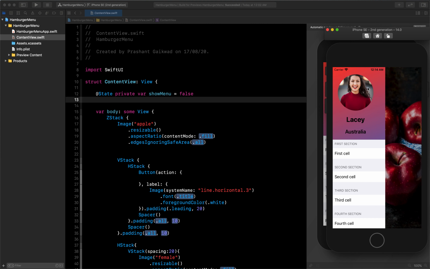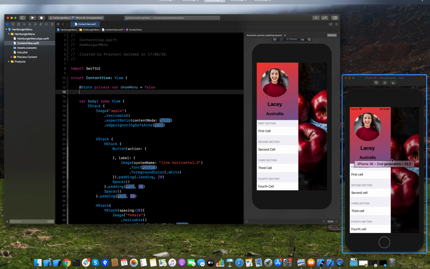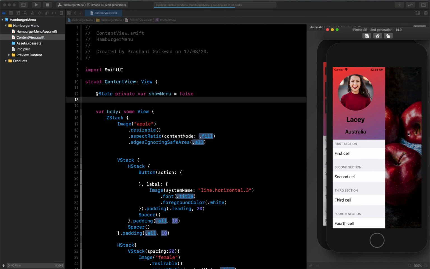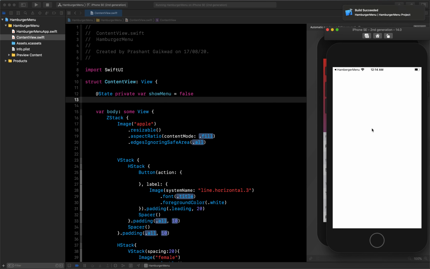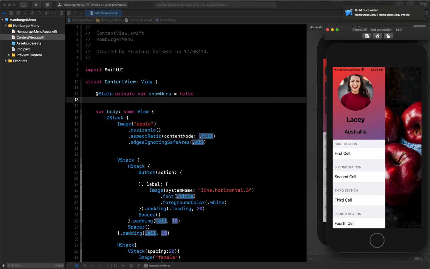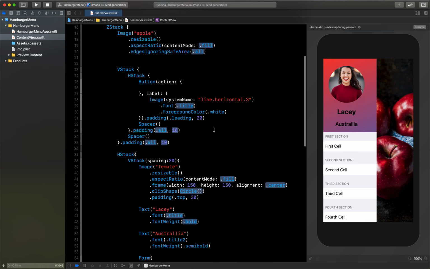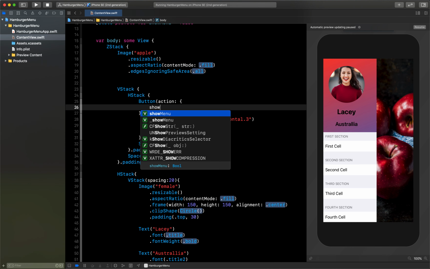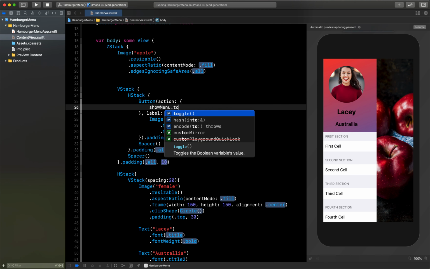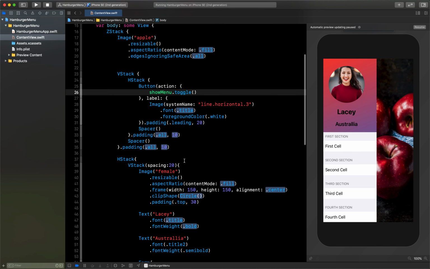Now the last part, if I say let's run this and see how it looks, we need to add this part also, where if we tap on this area it will hide that. So this is our app. So by default you can see it's visible, so it is showing every time. So to make this view hide, what we have to do is, first we have to handle the condition here, which is showMenu should be toggled. So whenever we tap, that time only it should show. For that I'm doing this.